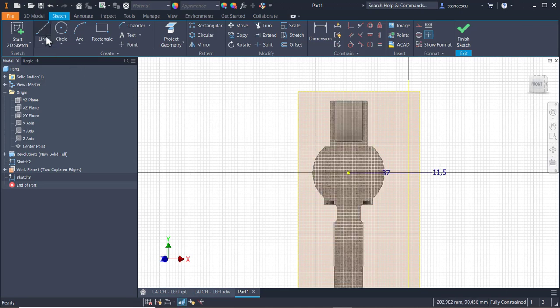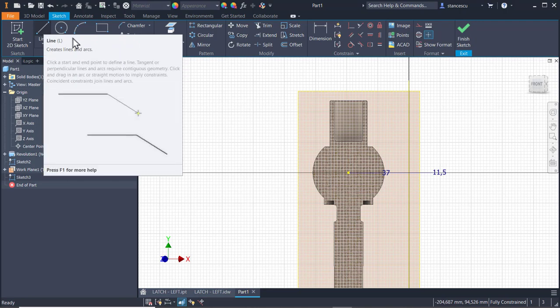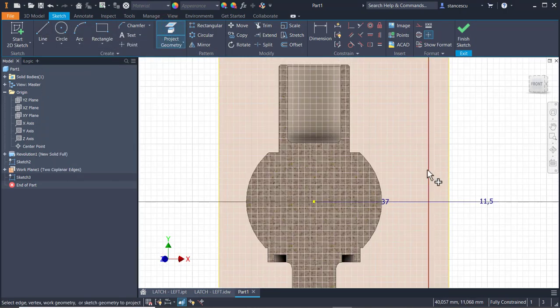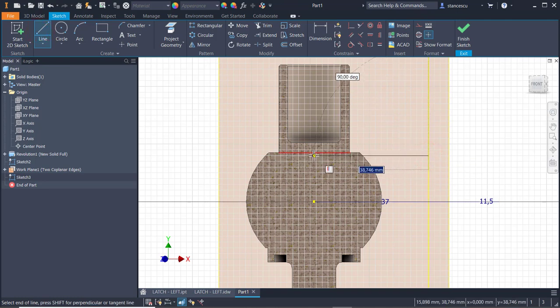The sketch is simple. We project two lines, the axis and this one. We make this construction line, and then we draw a line from the axis to the left,